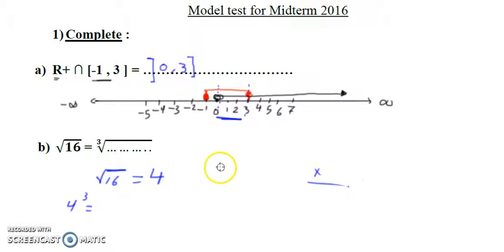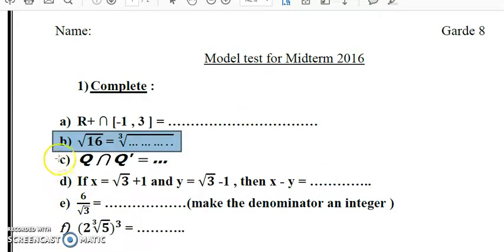So the number is 4 cubed, which means 16 times 4, so 4 times 6 is 24. Carry up 2, 1 times 4 is 4, 4 plus 2 is 6, so it will be 64. So the answer is 64. So the next question is